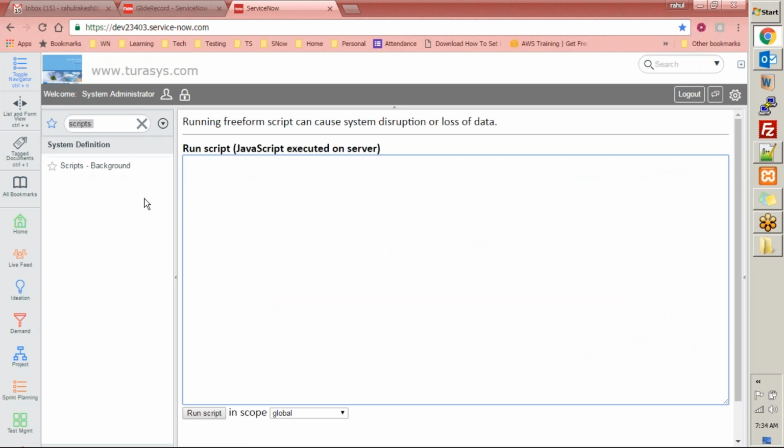You can run your scripts, mostly the server-side scripts, here, execute them and see the result, right? So it's kind of a developer console for the developers, where you can run your queries, primarily the server-side queries and functions here,